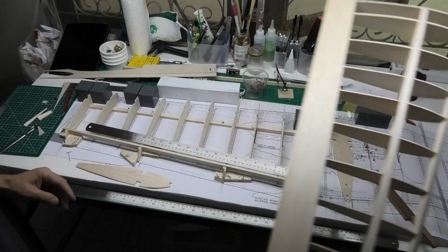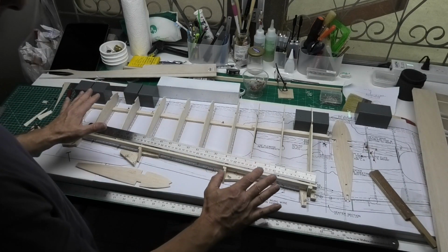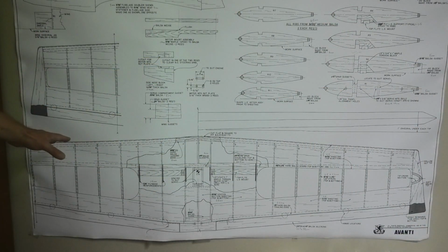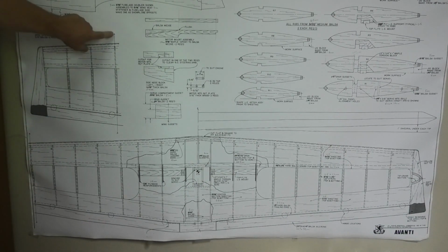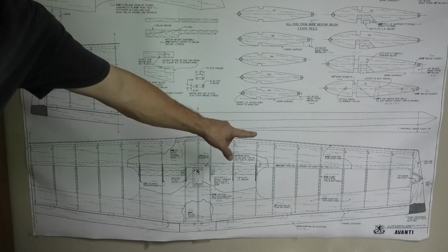But let's just have a look at this wing I'm laying out here now. It's been quite enlightening laying this out. If you take a look at the plans now, you can see the wingspan here is too large to print out in one go. So they've done a section of it on the end here, which you can line up with the bit that's been omitted here, and they've helpfully put in a line to line it up, AA, and you line that up with AA. The only problem is, if you do that, you end up with 11 ribs on this